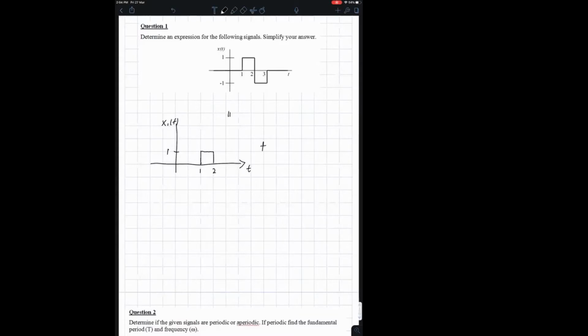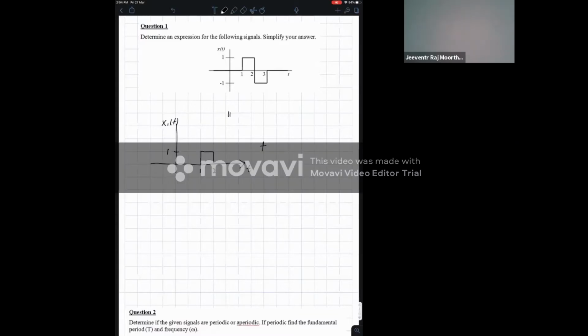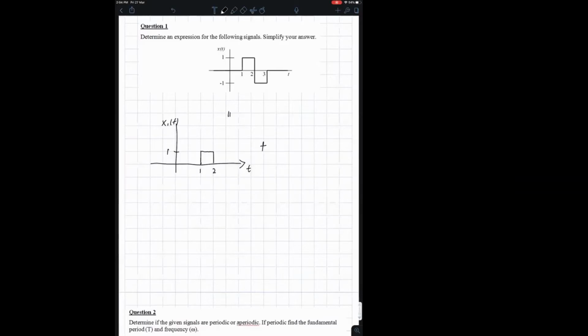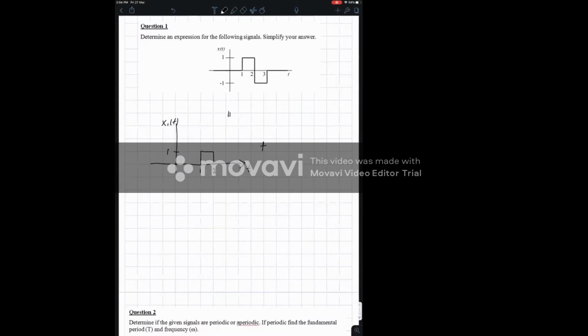Let's say this is going from 2 to 3. This negative peak is -1. So what we can do is write a separate expression for each individual signal. Okay, for x1(t),